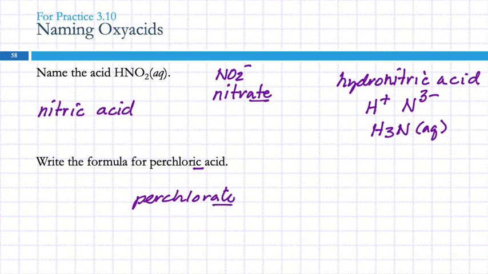Ic and ate go together, switch them. What's the formula for the perchlorate ion? ClO4 minus. Chlorate is the one you should memorize, ClO3 minus, and this has an extra oxygen, it's per, so perchlorate has 4. And it's going to have a hydrogen ion, and since the charge is -1, the formula is HClO4